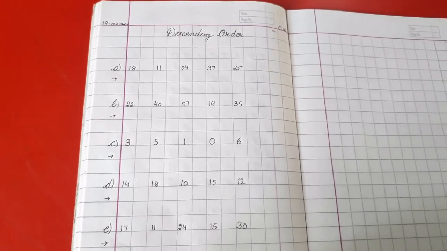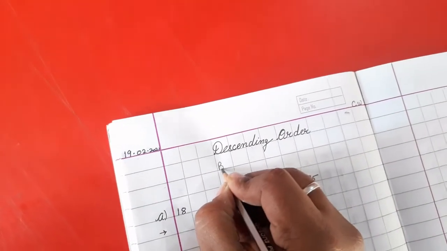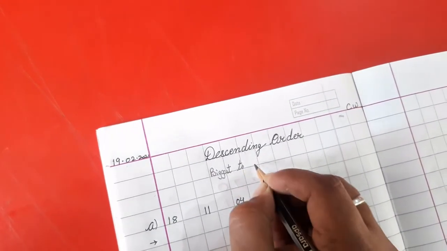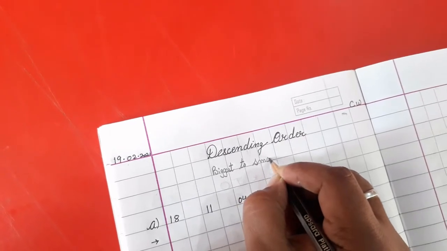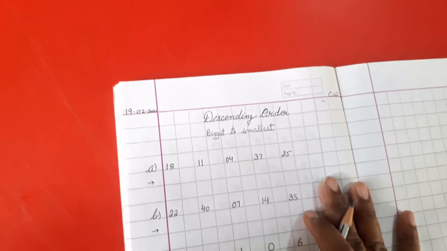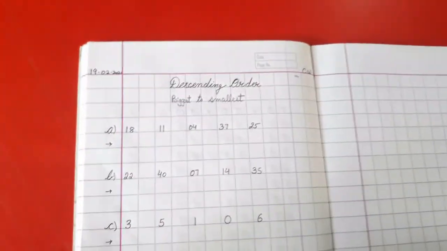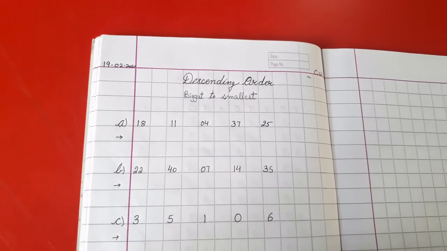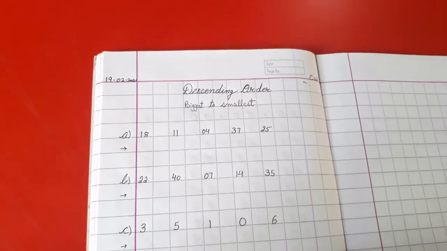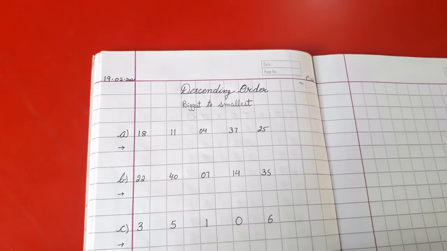Arranging numbers from biggest to smallest. So this is what we are going to write here. Biggest to smallest. Clear? Now if you will see, the numbers given in the first series is 18, 11, 4, 37 and